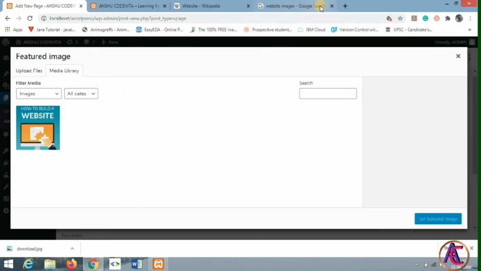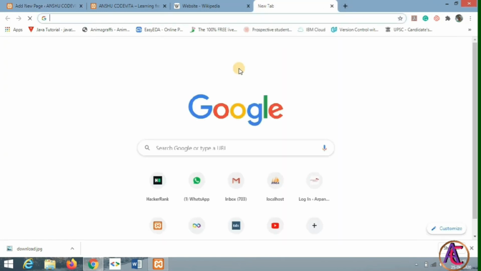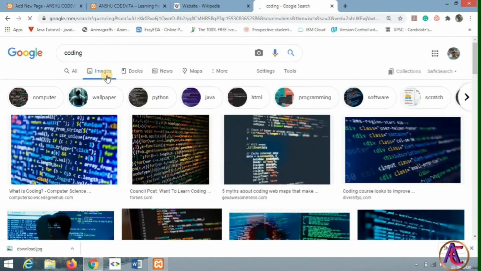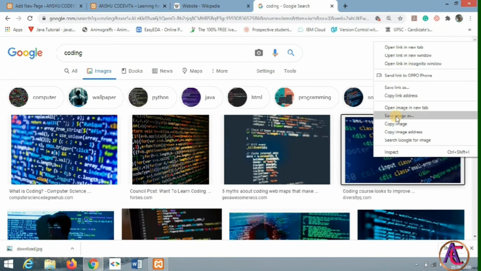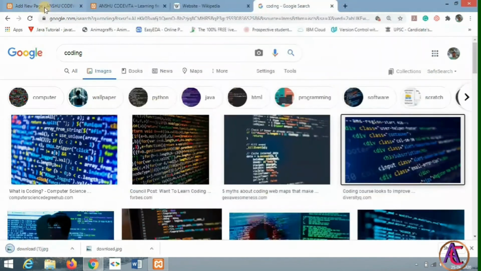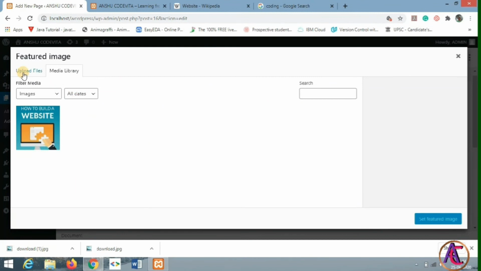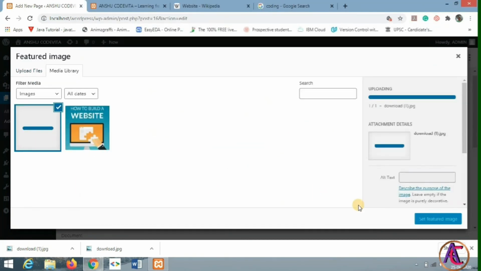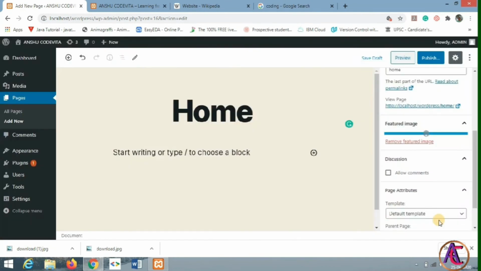So I select a new image from Google. I type "coding image", and I select this one, and I save it and upload it here in the upload section, and set featured image for this page,